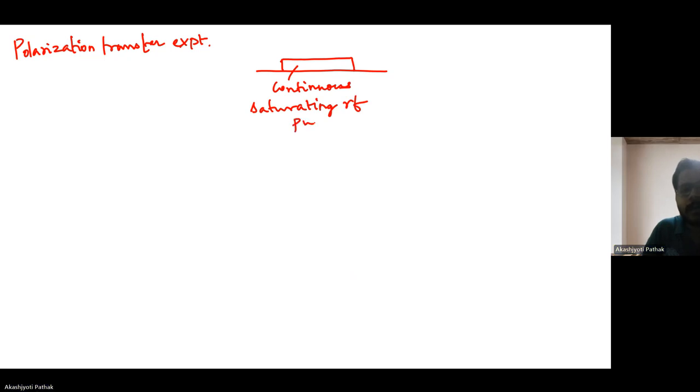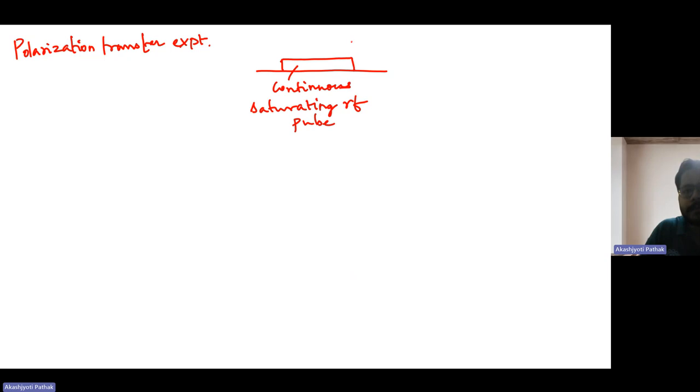We excite our system with a continuous saturating radio frequency pulse. Continuous saturating radio frequency pulse. We'll come to know why it is called saturating in a short while. So we excite the two nuclear system with a continuous saturating RF pulse,